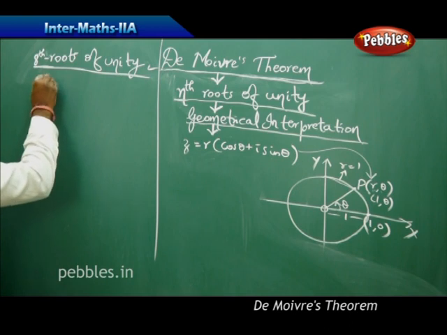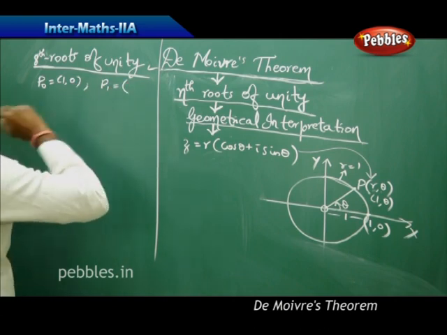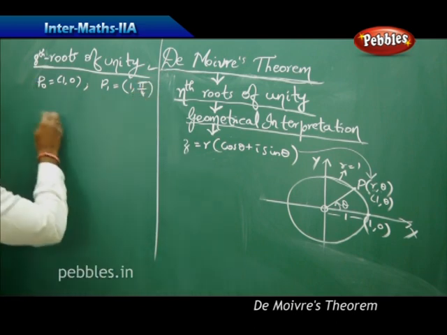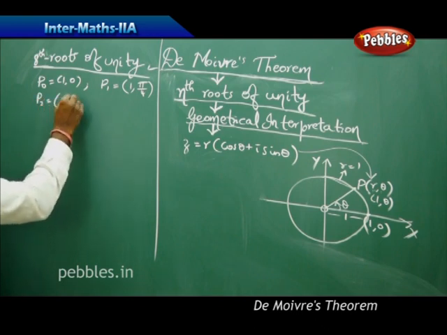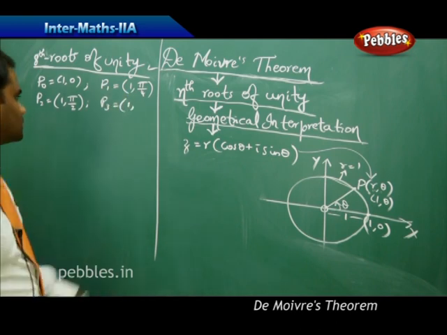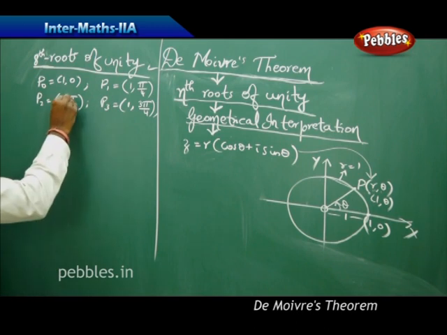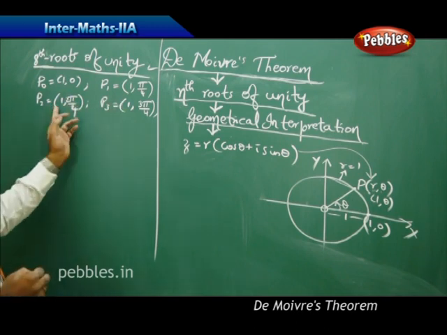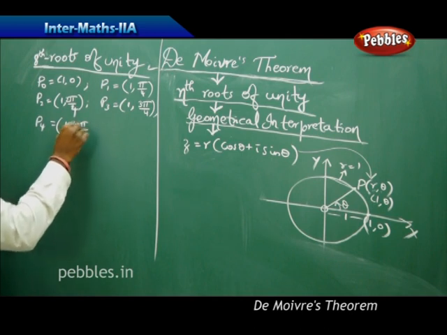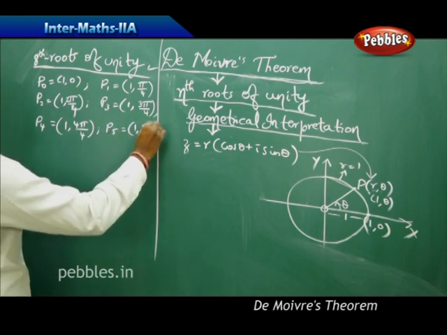Therefore, I obtain my first point p naught as 1 0, p1 is 1 comma k equal to 1, which was pi by 4, and p2, which is 1 and pi by 2, and p3, which is 1 and 3 pi by 4, because I get multiples of 1, 2, 3, and p4, 4 pi by 4, which is pi, p5, 5 pi by 4,